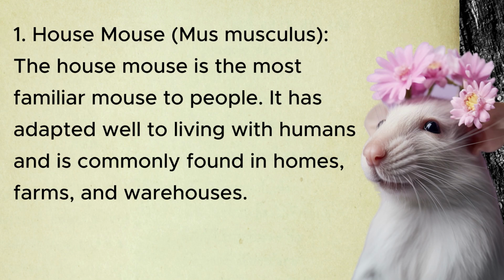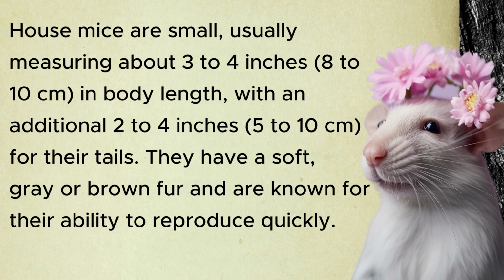1. House mouse, Mus musculus. The house mouse is the most familiar mouse to people. It has adapted well to living with humans and is commonly found in homes, farms, and warehouses. House mice are small, usually measuring about 3 to 4 inches (8 to 10 centimeters) in body length, with an additional 2 to 4 inches (5 to 10 centimeters) for their